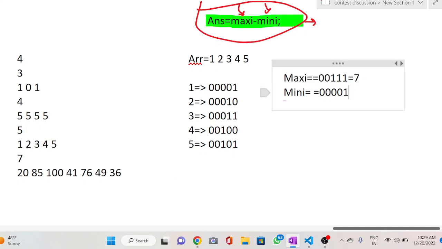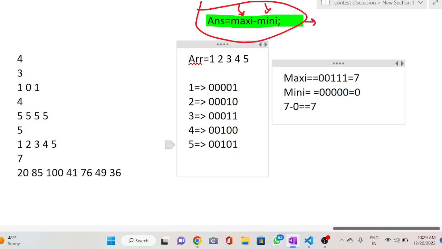Finally, to get it minimized, again you look for a position which contains 1 over here, but no number has it. So this will be your minimized number. This is 0. So finally our answer will be 7 minus 0, that is 7.